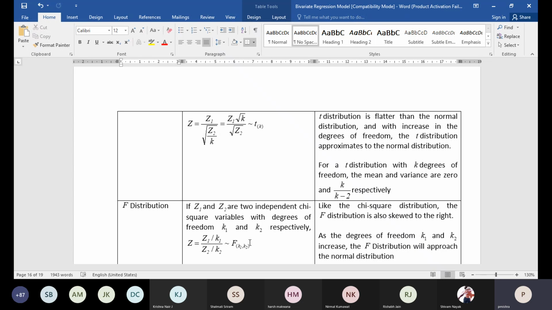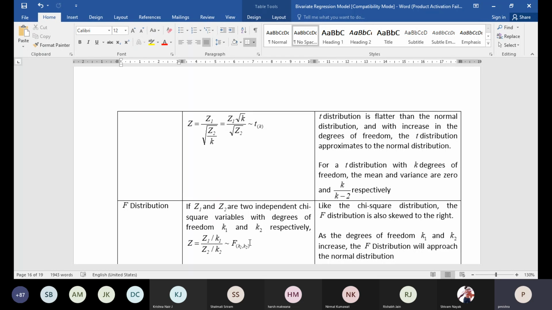Like say if I go for testing the validity of the law of demand, ideally what should I do? I should write beta is equal to 0 against the alternative hypothesis beta is less than 0. If I go for testing the validity of the consumption function, I should write the null hypothesis as beta is equal to 0, alternative hypothesis beta is positive. Now if there are counter arguments, definitely the alternative hypothesis may change.